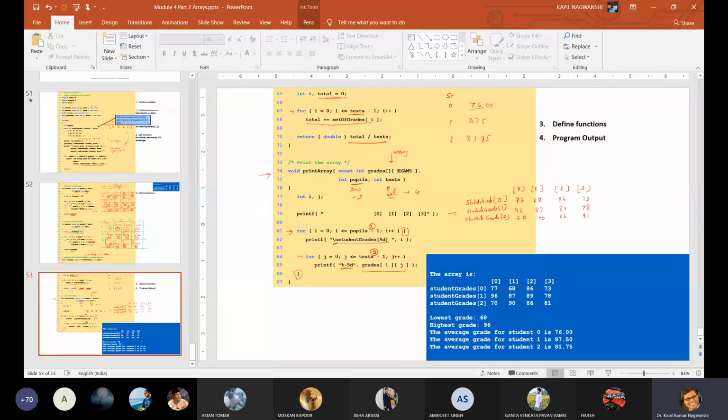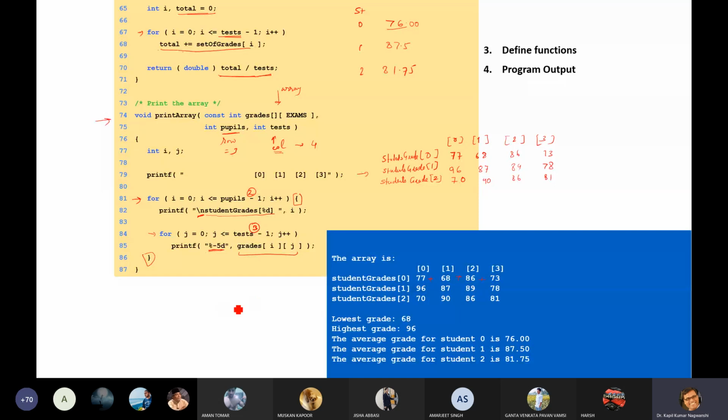Let me show you. If you are writing any statement and this is %-5d, okay, -5d means it will start from left hand side. It will start from left hand side, okay, and 1 2 3 4 5. After that next number will come, and again 1 2 3 4 5, then next number will come.